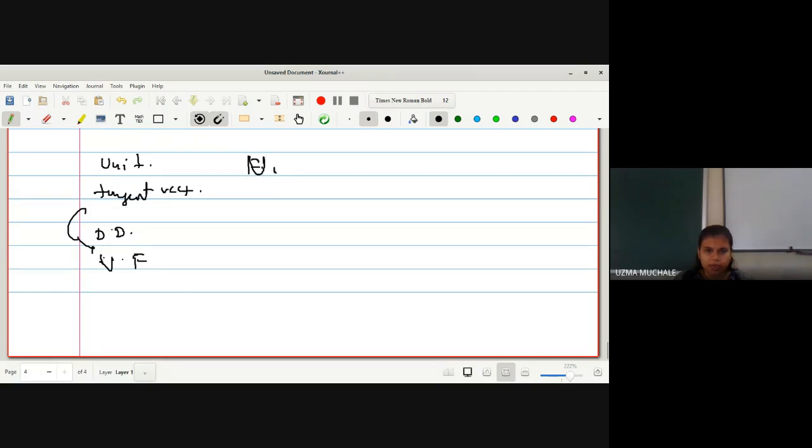In the second unit we saw the Frenet apparatus, that is tangent, normal, binormal, and curvature κ and torsion τ. These form a frame field, that is, the dot product of T, N and B is equal to 0, and the cross product T cross N is B. Because this is a cross product, its cycle should not change. If the cycle changes, the sign will also change.